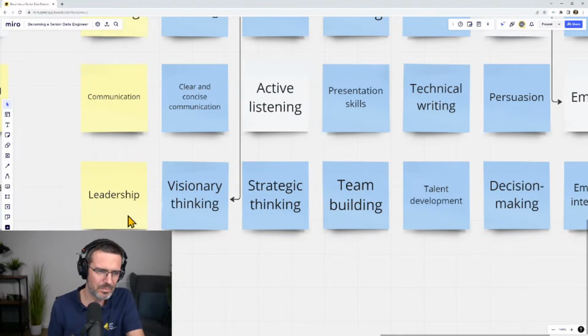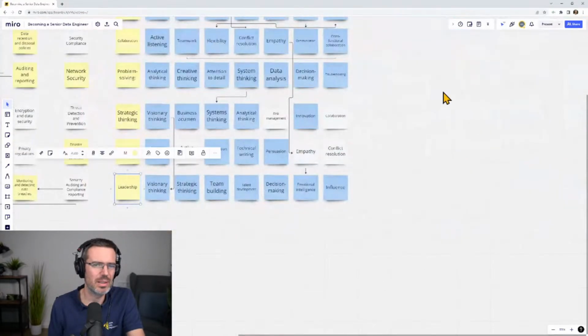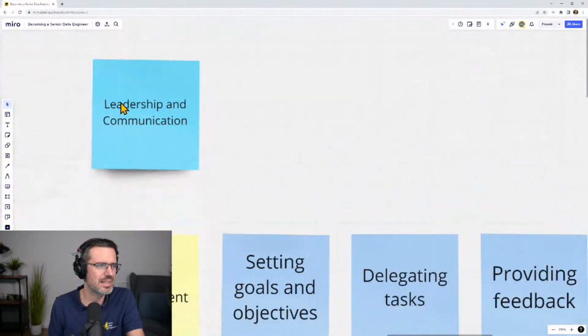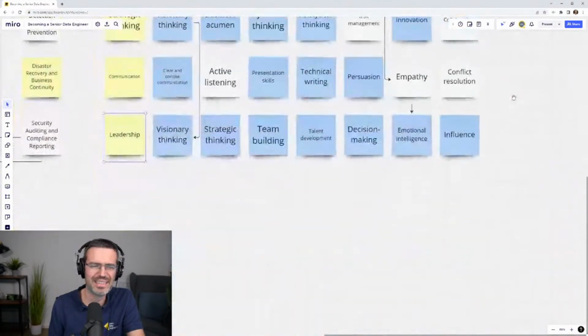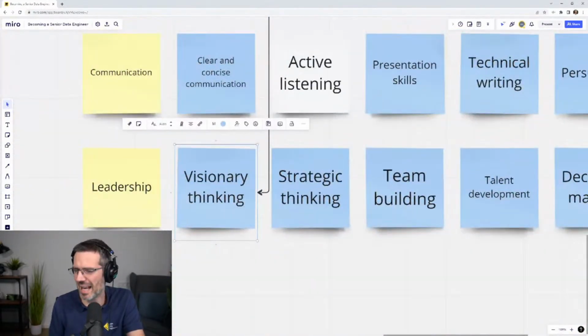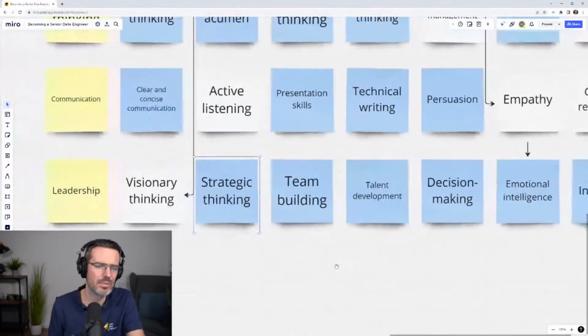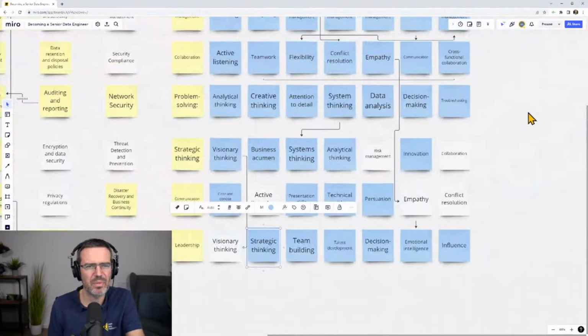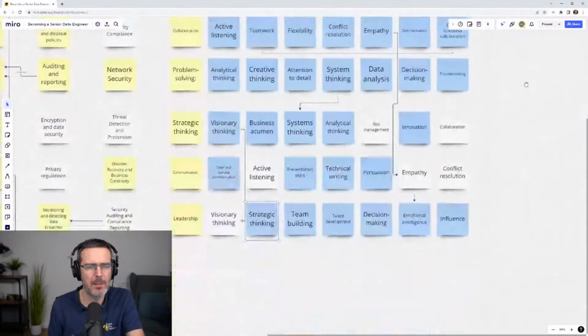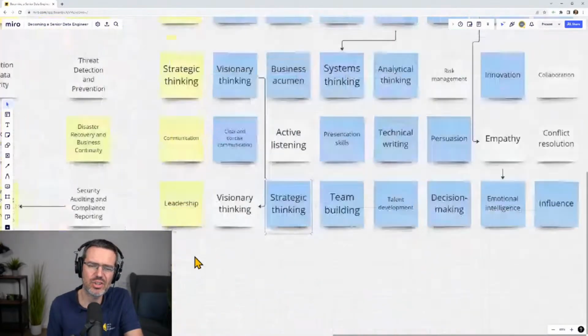So, and then we have leadership. Leadership, it's strange that it's here as the last point when it's standing at the first part, right? So visionary thinking, we had that before. What does it say here? Should have clear vision, organization, capabilities, be able to communicate the vision with the team. Let's gray this out here. Strategic thinking, talent development, decision making, emotional. I think that we could basically remove from here, because this was all packaged in the others.